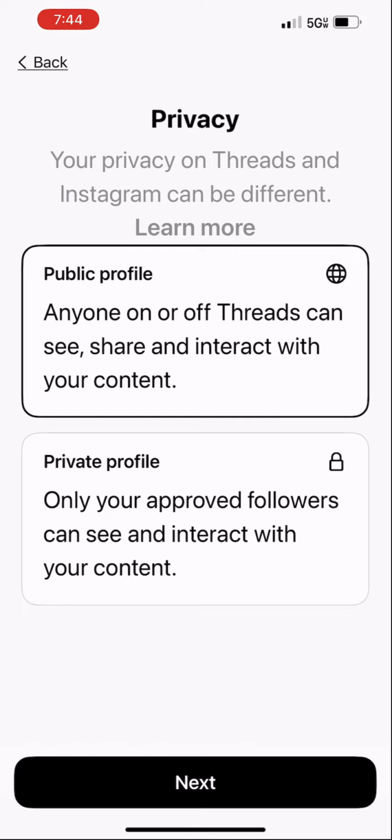And then, of course, the option public or private. I want my account to be public, but you could do private. Next,